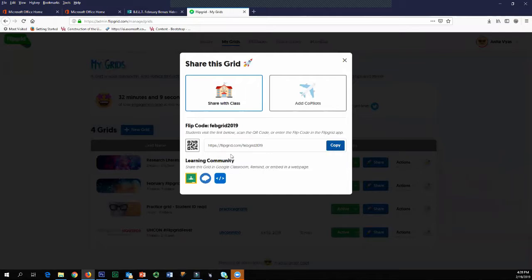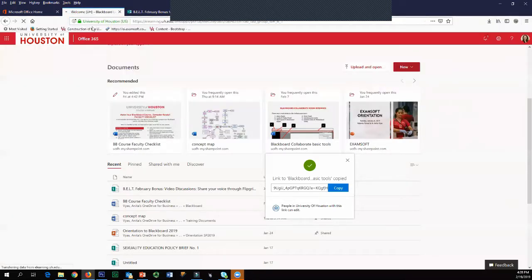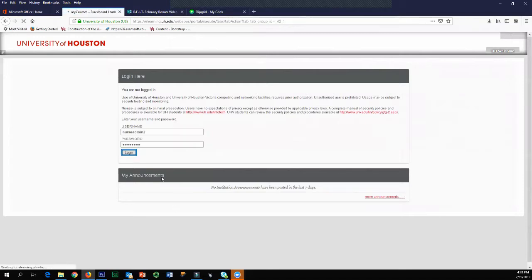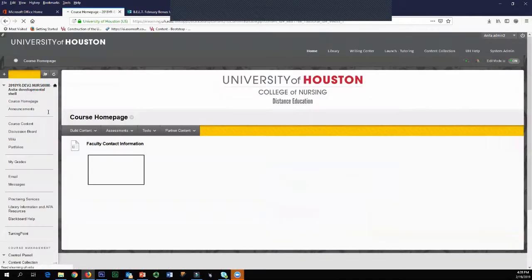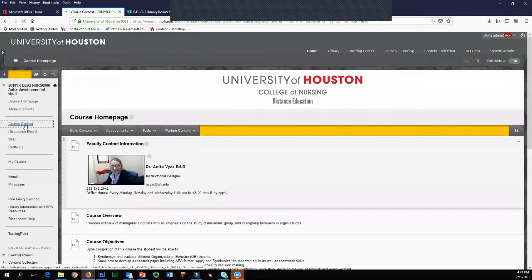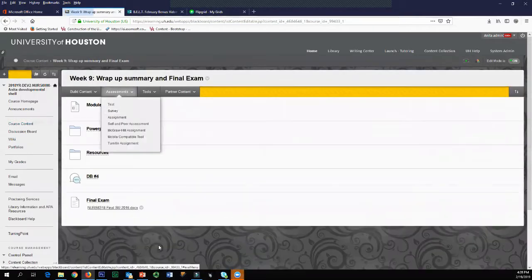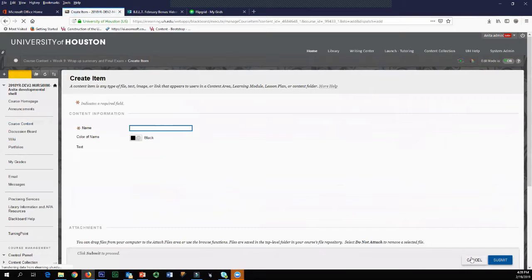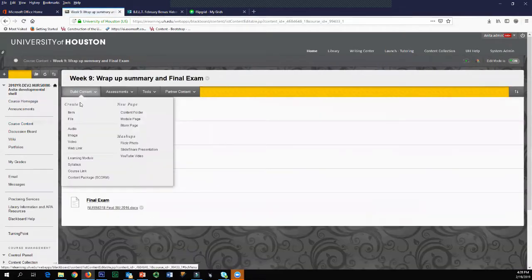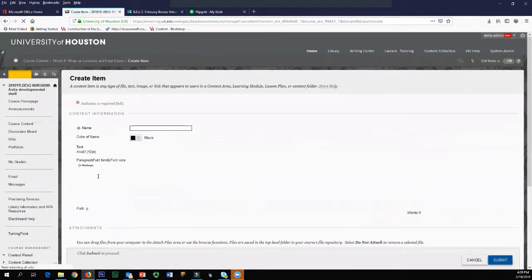One way is just copying this link and putting it in your Blackboard course. The other way, if you want them to see it, is to click on the embed code. It will say embed code copied. Go to Blackboard, go to your course content, and pick whichever module you want to put this in. Say build content item. Does it talk to Flipgrid? No, not yet. Build item. Say Flipgrid